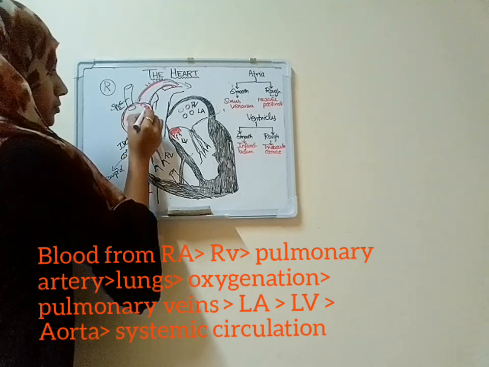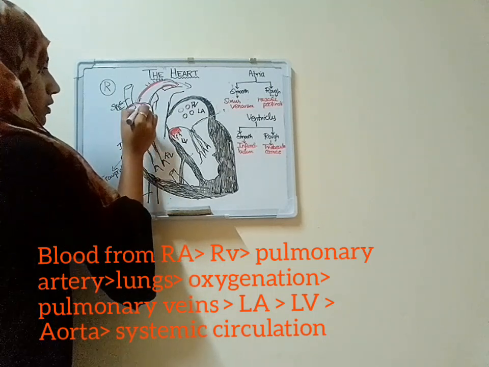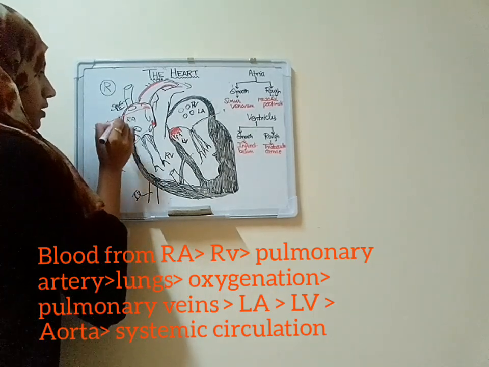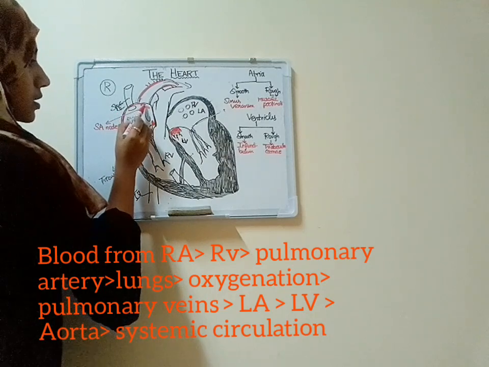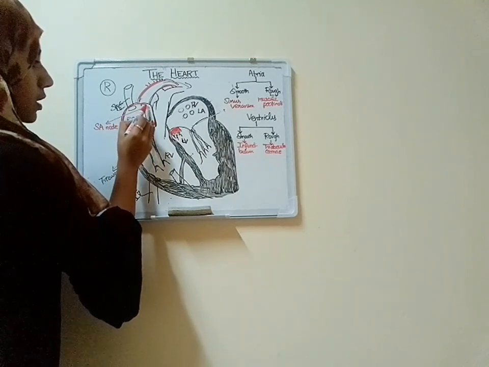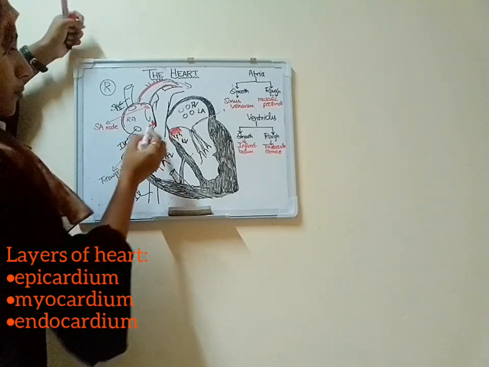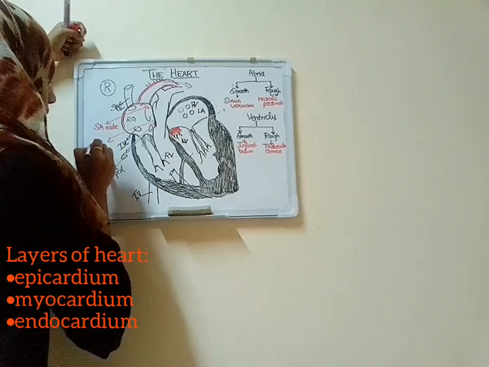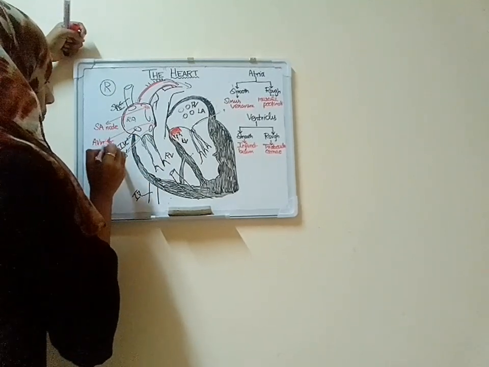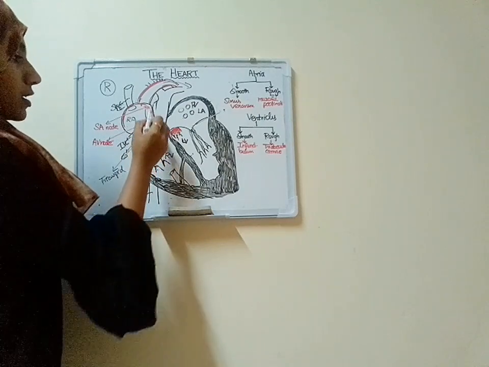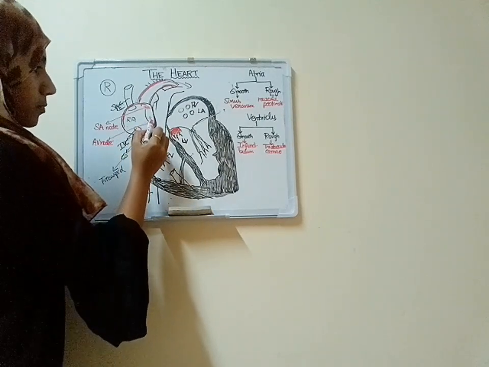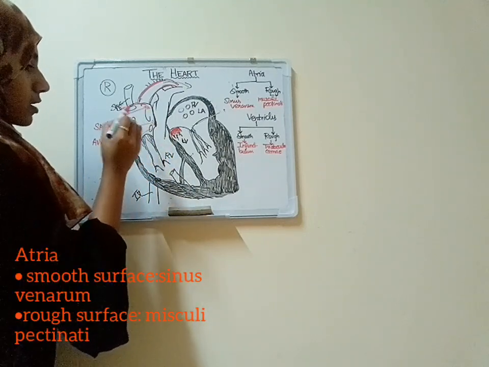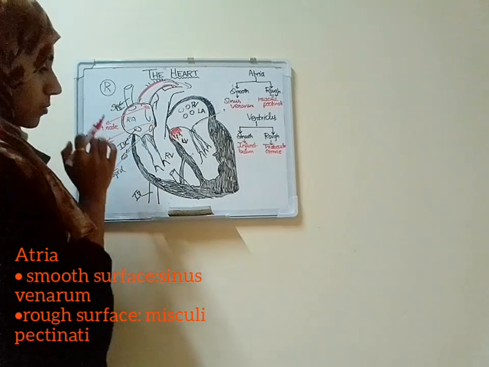This thing here is the most important part for the conduction of the heart, which is the SA node. As you see, the SA node lies just at the superior end of the crista terminalis, and this one is known as the AV node, which lies in the lower part of the interatrial septum towards the left of the inferior vena cava. These two are the most important parts of the conduction system. We will talk in detail about them in a while.